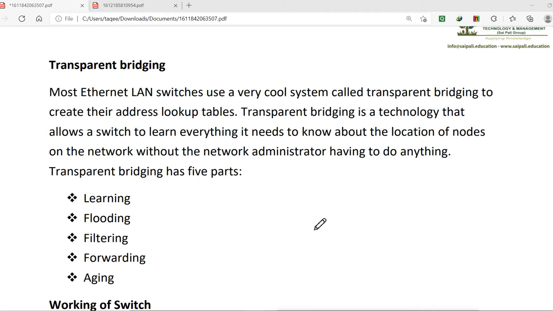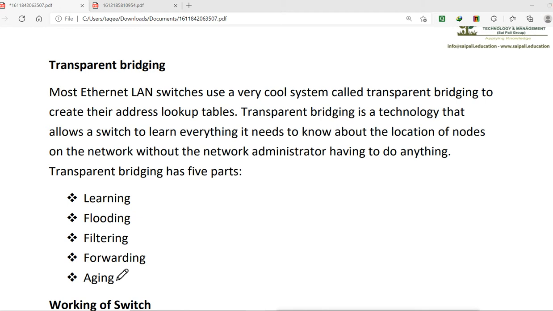Transparent bridging is a technology that allows a switch to learn everything it needs to know about the location of nodes on the network without the network administrators having to do anything. And transparent bridging has 5 parts: learning, flooding, filtering, forwarding and aging.